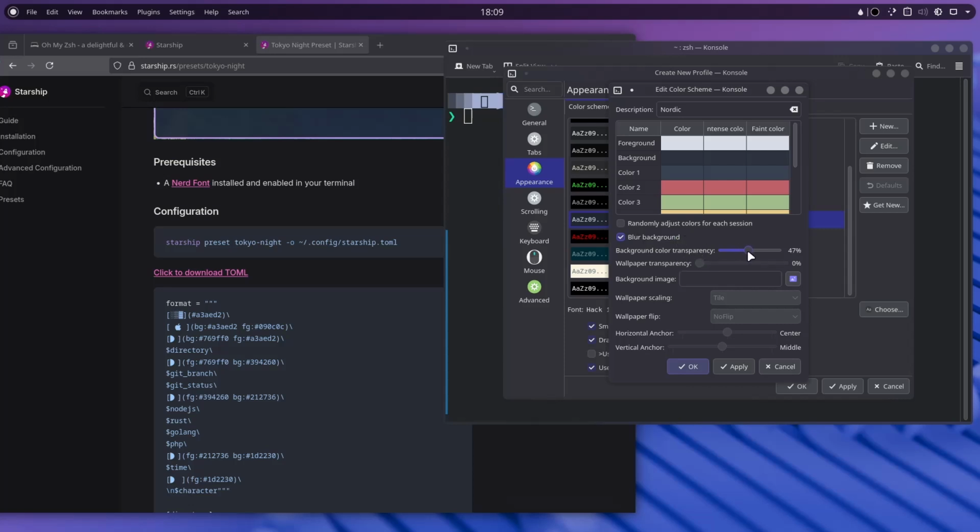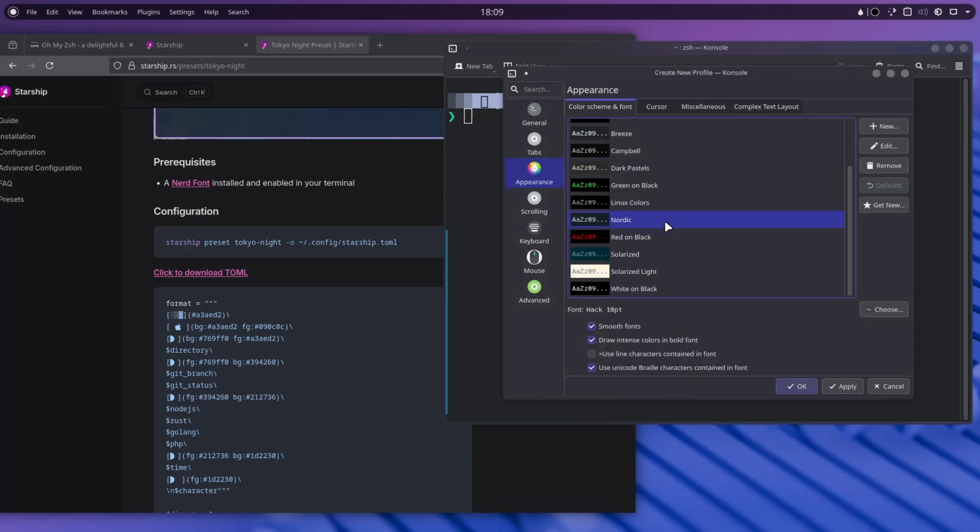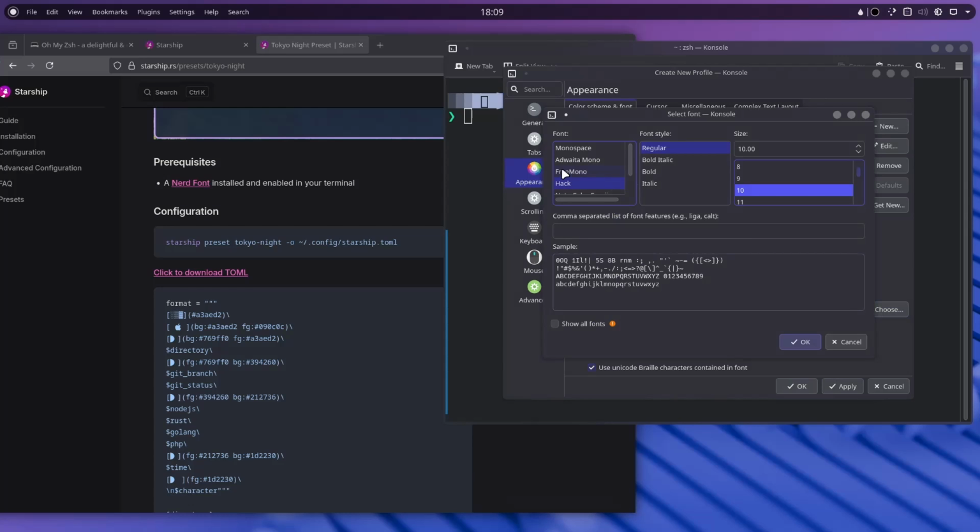A background transparency, I like to keep it at 40%. Hit apply and then okay. I can also add images, but I don't like to use images. Hit okay, and then there you go. And then in here you can see the font. Instead of Hack, we will select